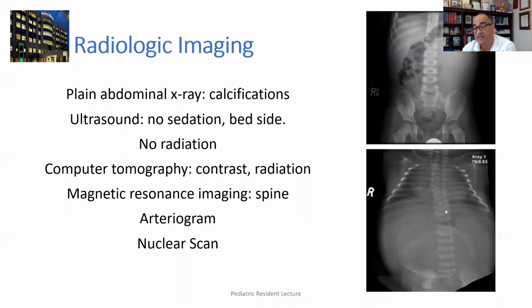Or you can have this neonatal case, a newborn with a calcified image here that most likely could be just a dermoid from the pelvis, but it's so big that it's just outside of the pelvis. It just does not fit down on the pelvis. And remember, the ovaries are more in the groin area than in the pelvis unless you grow to older age. So plain abdominal x-ray still has very valuable